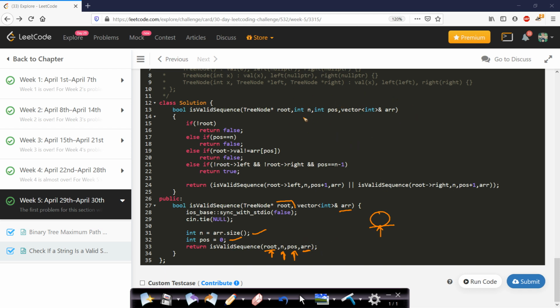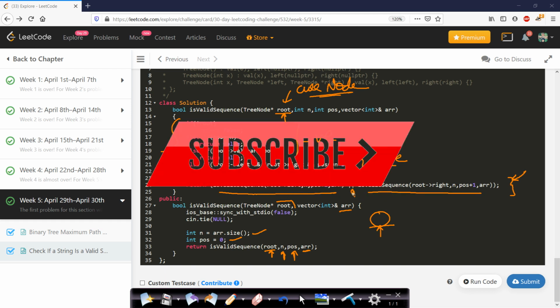Now all these 4 values are received, and in this recursive call, this root is not the actual root of the entire tree, but basically the current node which we are processing. Okay, so I hope you are understanding it. Now these 4 cases are the cases which I already explained to you. The first 3 cases are the negative cases, and the last case is a positive case which will be returning true. Now finally we will be making left and right calls if we are at any internal node and the node value is equal to its corresponding array element value. So I will make a left call, I will make a right call, and I will take a logical OR of both these calls. So I hope this code was very simple to understand.